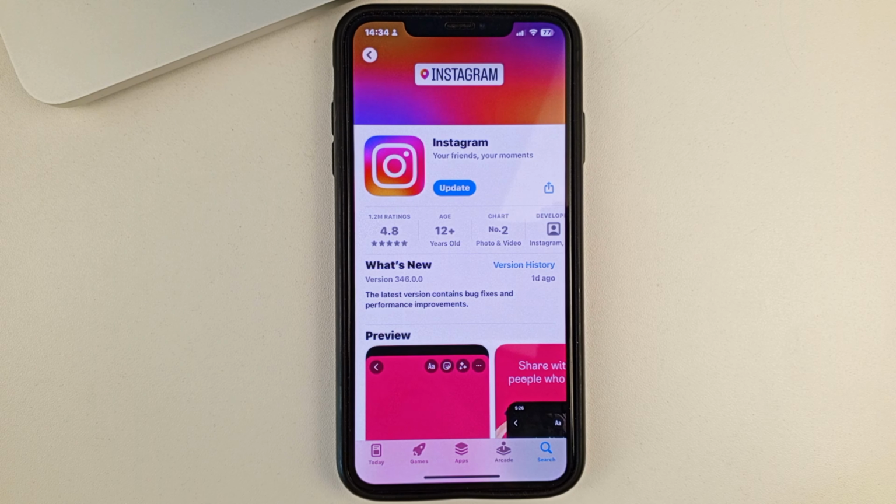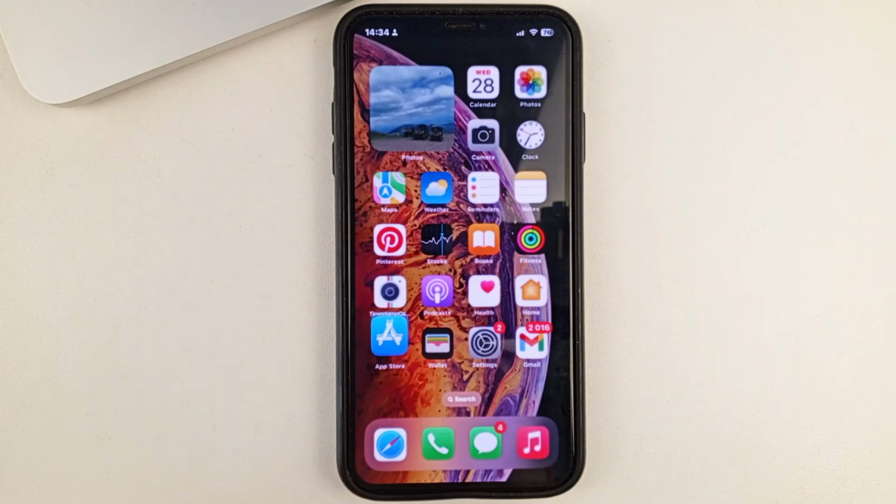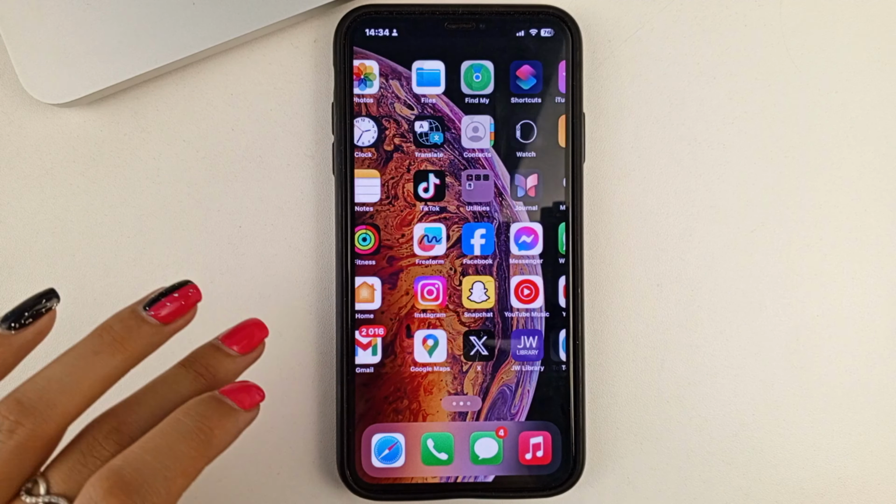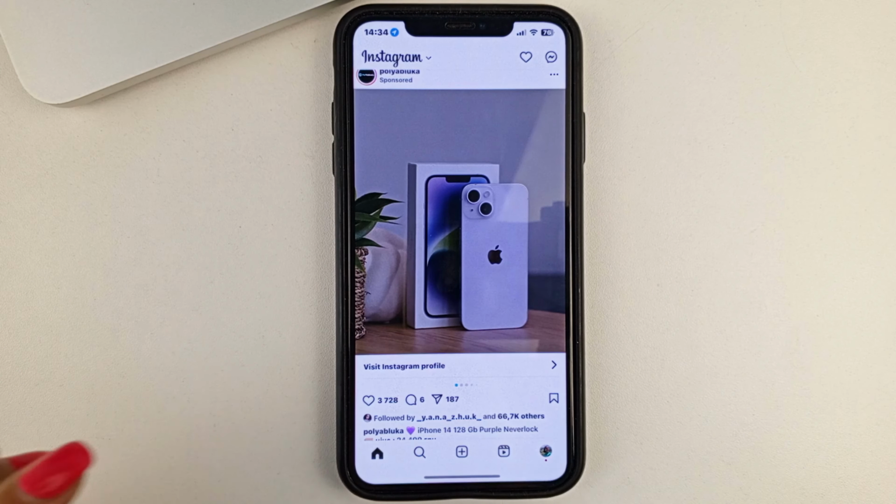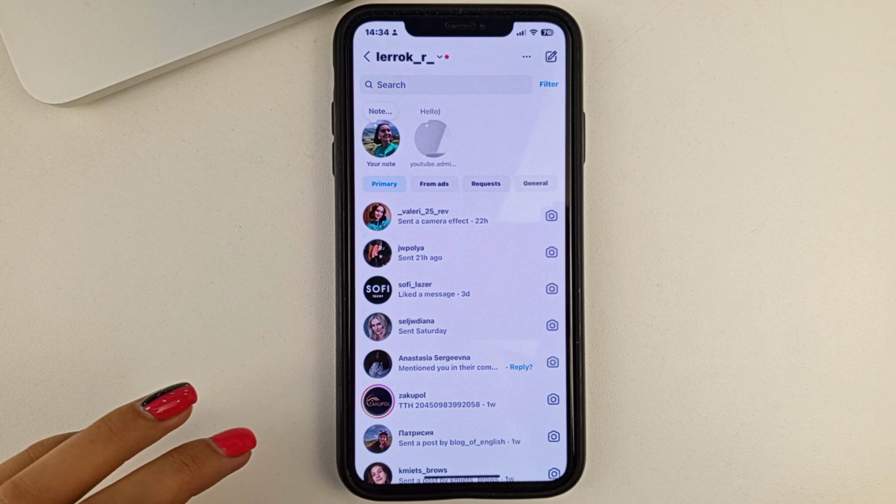This will actually take a little bit of time, about a minute tops, and then, friends, 100%, you'll have notes on your Instagram, and you'll be able to comment or like them. But how do you do it, friends? Well, for that, you will need to open Instagram, and then you're gonna have to swipe down to the messaging side.